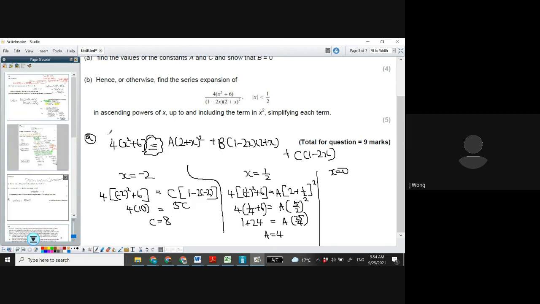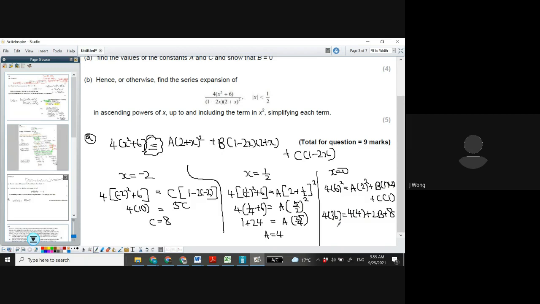So if you put in 0 here first, you have 4 bracket 6 squared equals a bracket 2 squared plus b bracket 1 bracket 2 plus c bracket 1, which means you have 4 times 36 equals to 4 times the value of a that we already have plus 2b plus c times 1, where c is 8, so just 8. So you have,